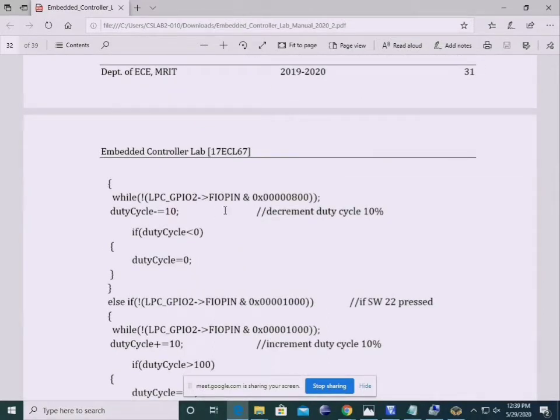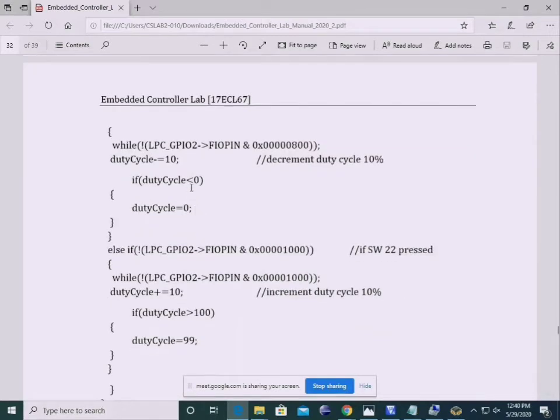For example, if initially we have a 50% duty cycle and I press this switch, it will be reduced to 40%. That reduces the average output voltage, which reduces the speed of the DC motor. If the duty cycle is less than 0, the duty cycle will be made 0.